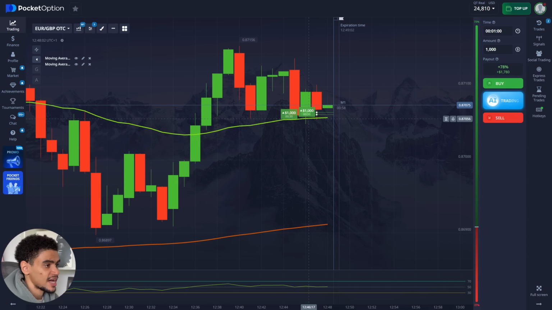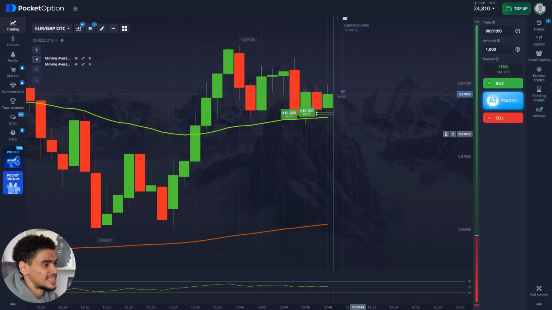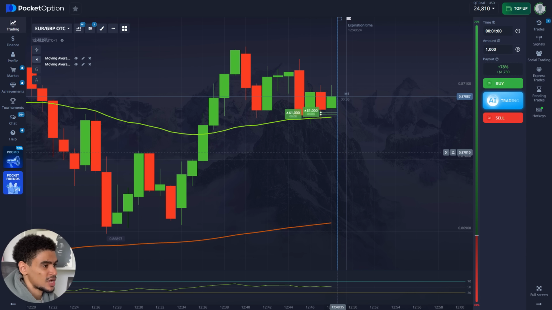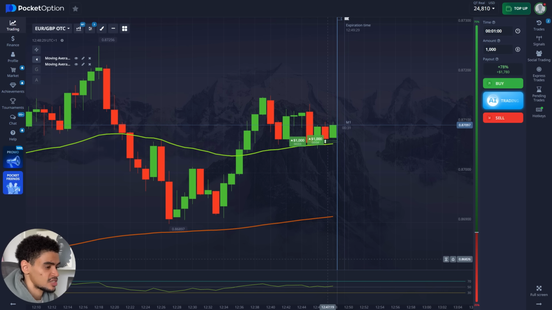We have a pullback into the 50 EMA. We have RSI hanging around 47, 48, 49. So this is a sign for us to enter a buy position, and we once again catch it perfectly, execute it perfectly, and this goes another 1,700 into our pocket. Now 1,600, 1,400 actually. So we are perfectly entering here, and I wish I could show you a sell position trade as well, but just remember that it works the same way. The only thing that's different is RSI should be in the overbought condition or close to overbought condition,